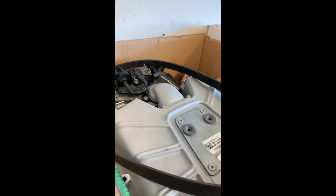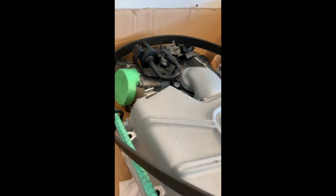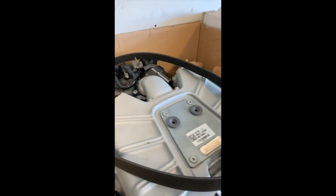Not really much, but just a little bit of carbon or exhaust and fluid. Anyhow, got this all cleaned up, and also